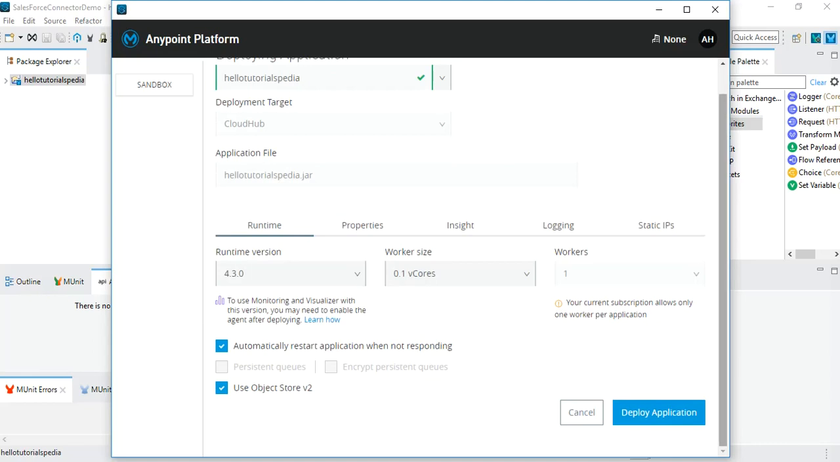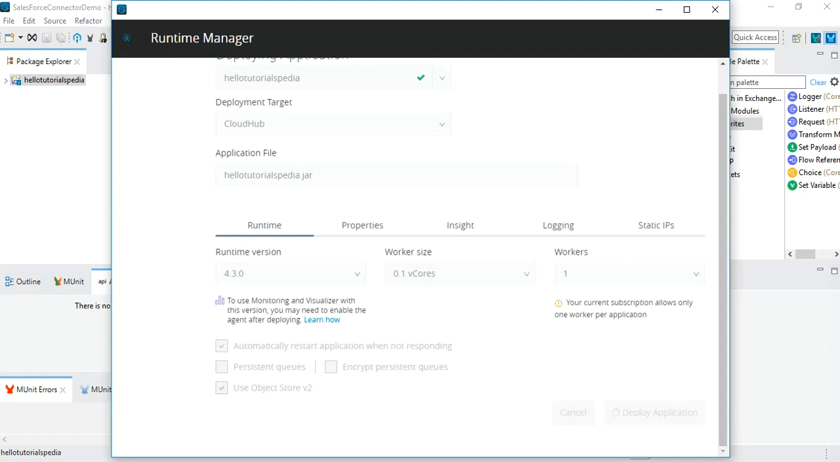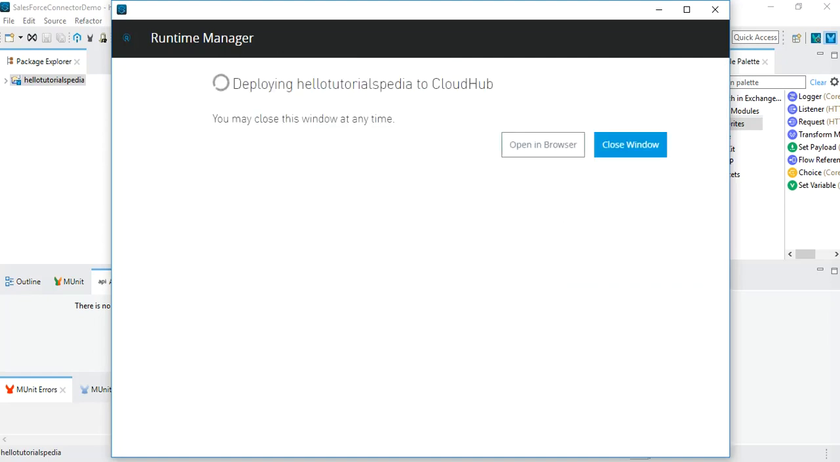So for this straightforward deployment, we will just click on Deploy Application, and it will take a little time, and then you will see that your application will get deployed into the runtime. So we can see that we have this information stating that deploying Hello Tutorialspedia to Cloudhub. It says that you may close this window at any time, because even if you close it now, the deployment is already started, and you will be able to see the status of your deployment from the runtime manager as well. So I'll just close this window, and I'll go to runtime manager from the browser,